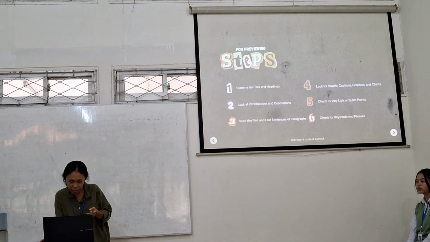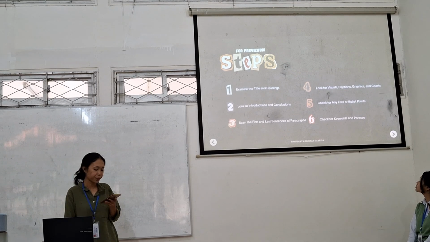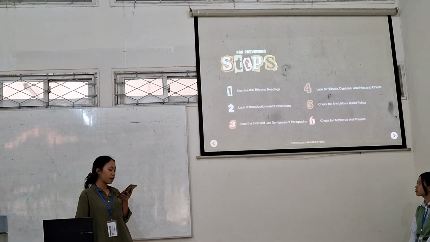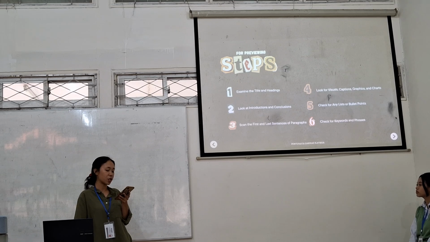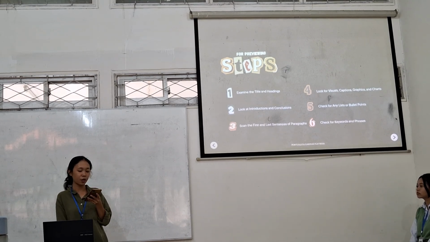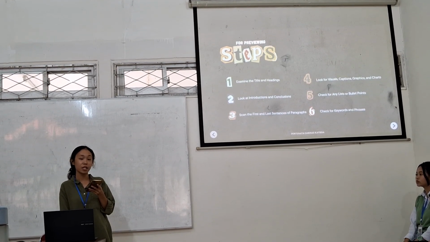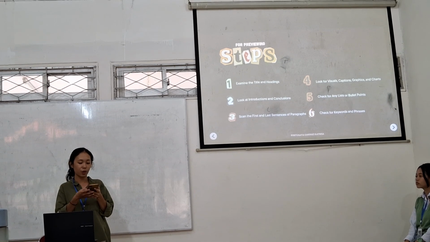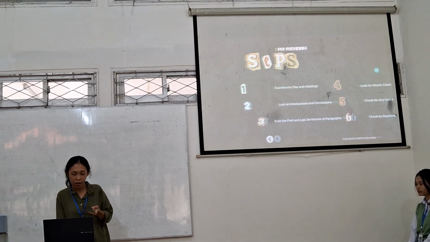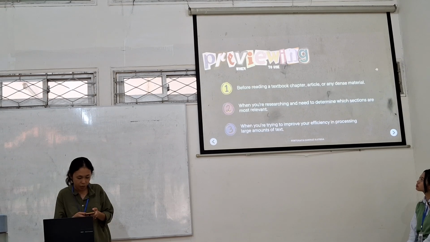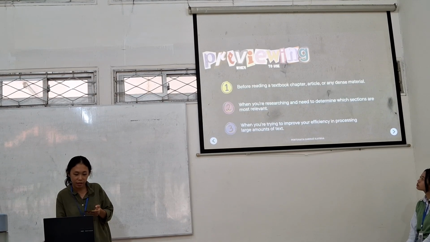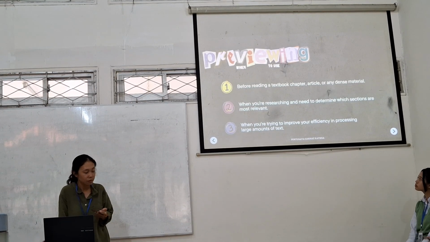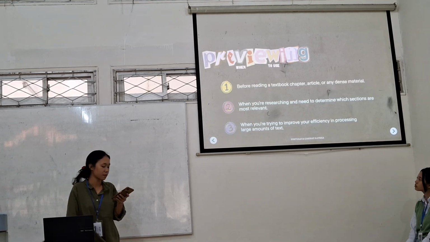Number six is check for keywords and phrases. If available, review annotations or summaries at the end of the chapter, which often highlight central points and can guide your reading process. And then, when to use previewing: